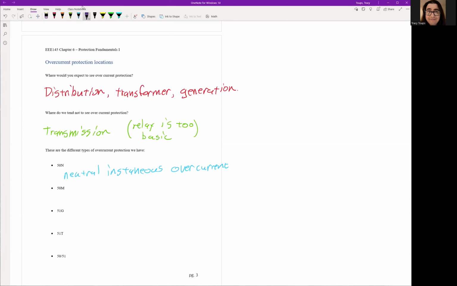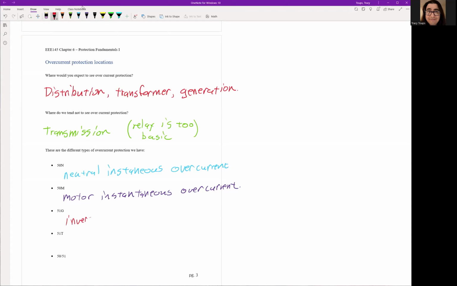And then a 50M would be a motor instantaneous overcurrent relay. Okay. And then 51G will be an inverse